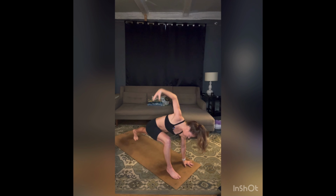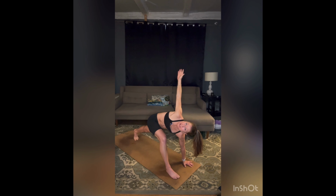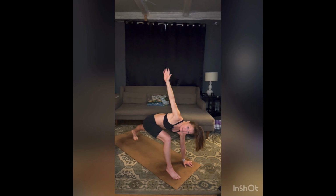Inhale, low lunge twist, right arm to the sky, and pause. I want you to bring some awareness to your hips. Notice if that right hip is popping up. See if you can drop your outer right hip down, lift up underneath the front of your left hip so